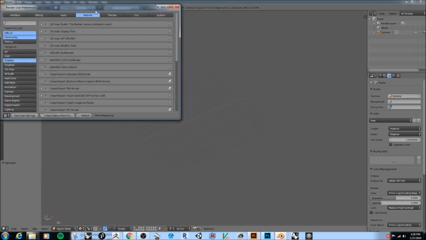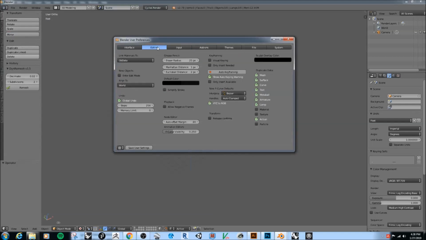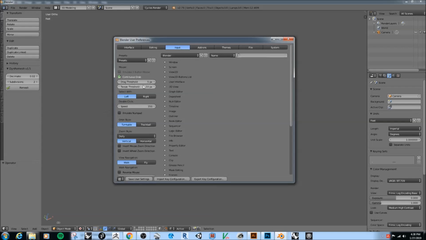User preferences, interface, is it interface or editing? I always forget which one it is, but we want to change this so that, here it is, on input, select with left, unless you like selecting with the right. I don't know why Blender default says select by right button click. But so just click left, and that way you'll be selecting with the left mouse button, and then the right will be to